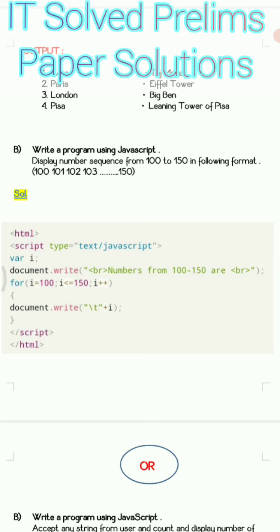For the for loop you will initialize the value from 100, because you have to print 100 also, so you have to start from 100 itself. Then where to go up to? The second part will be where i is less than or equal to 150 and i plus plus, meaning every time it should increase by one and the output should be printed.